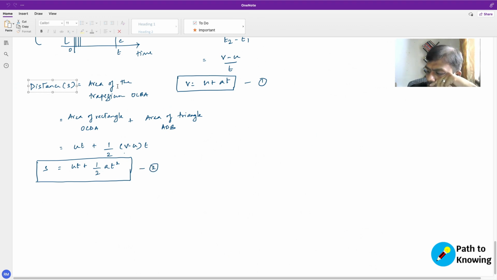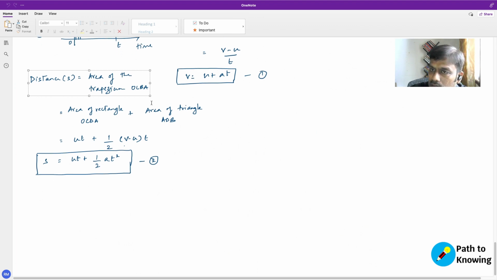Now let's go to the third one, and to derive the third one, we will still try to calculate distance, but we'll calculate the distance in a slightly different way. So your distance S is going to be the area of trapezium OCBA,